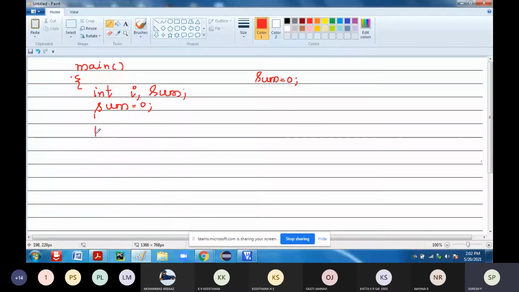It will start from 1 and should be less than or equal to 10, i plus plus. Till it equals 10, this loop has to iterate. Every time it iterates, I have to add to sum: sum plus i.